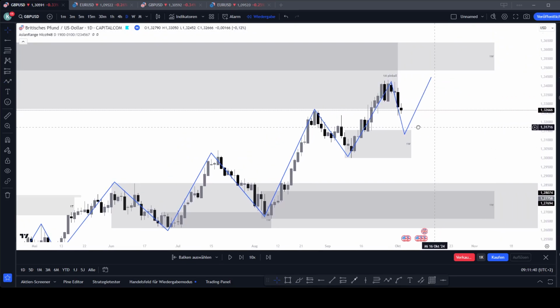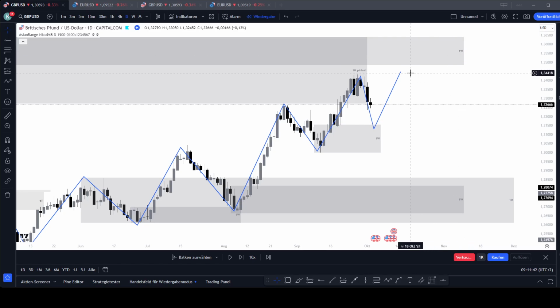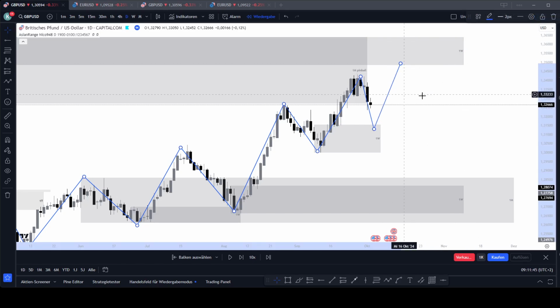This higher low simply because there's another 1 week supply zone here which can mitigate price. Price can push up to this zone to get mitigated and to sweep these liquidities which are found here before dumping. That is our bias. But